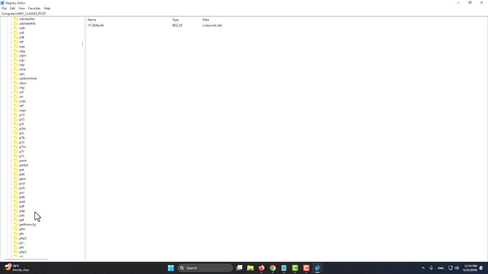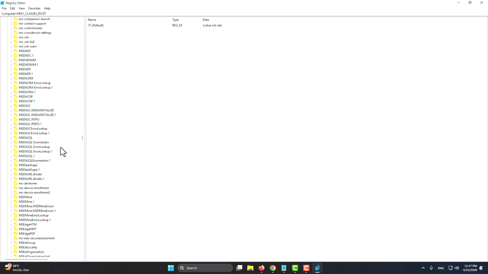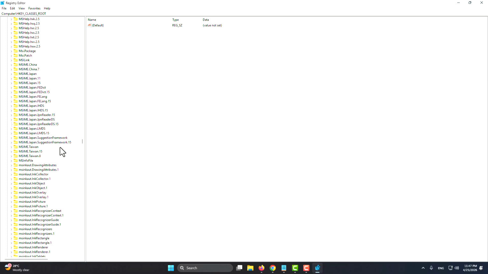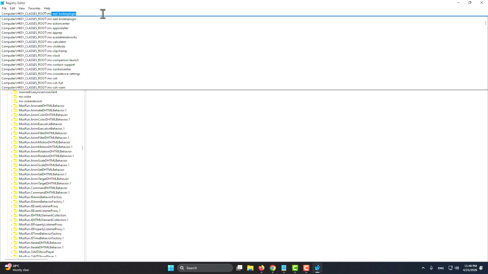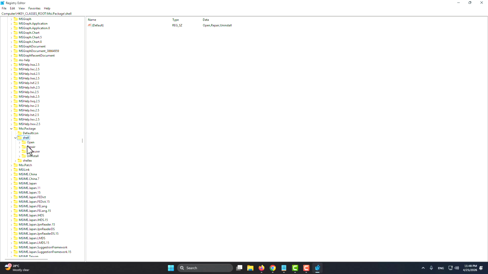Msi.Package. Now here is Msi.Package. So select Msi.Package, and after doing this, select Shell and expand it. After doing this, right click on Shell and click on New and set a new